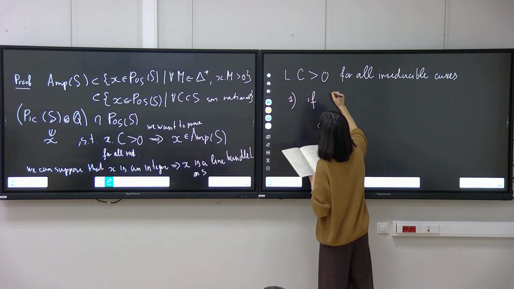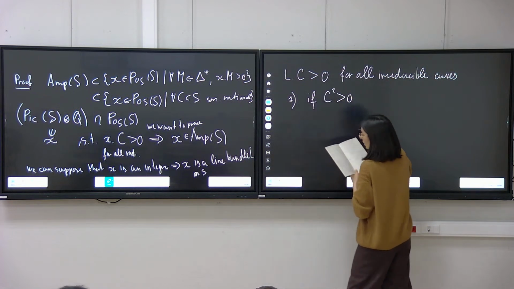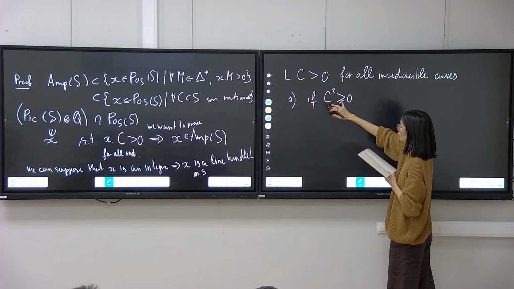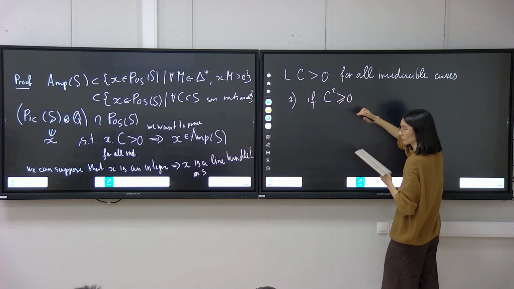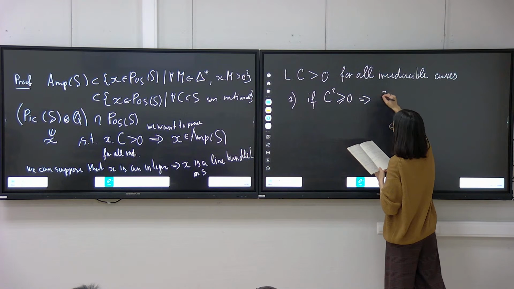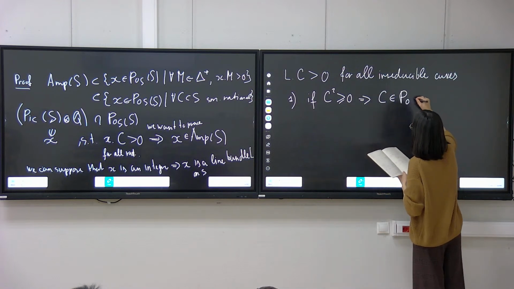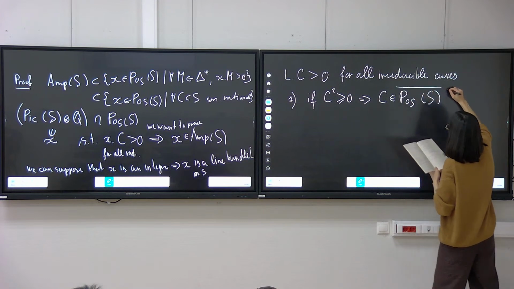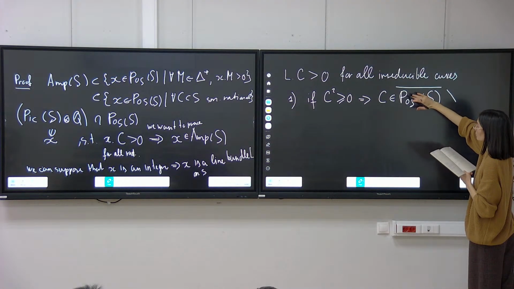First, if this curve has a non-negative self-intersection, then we know by definition that it lives in the